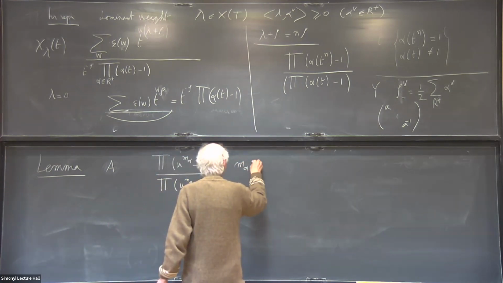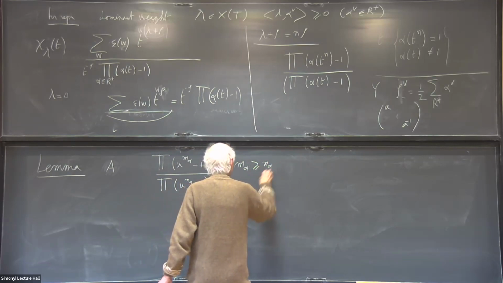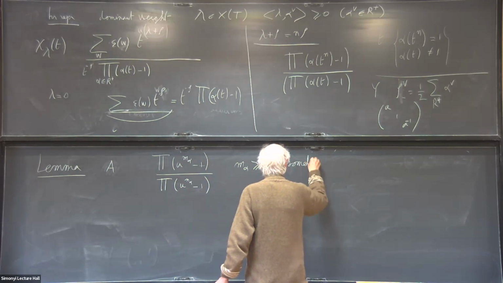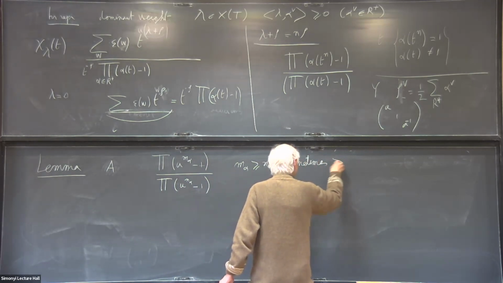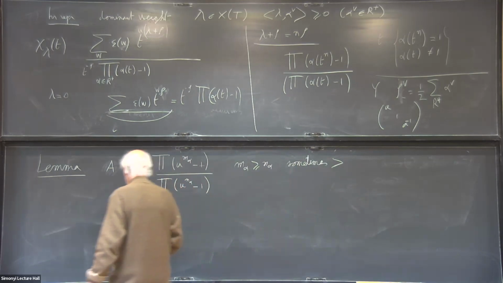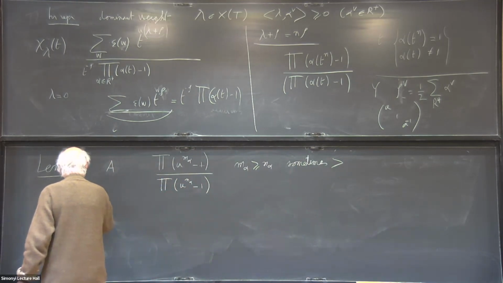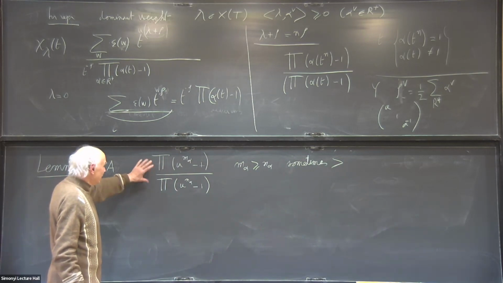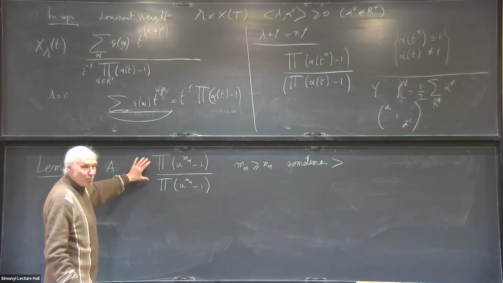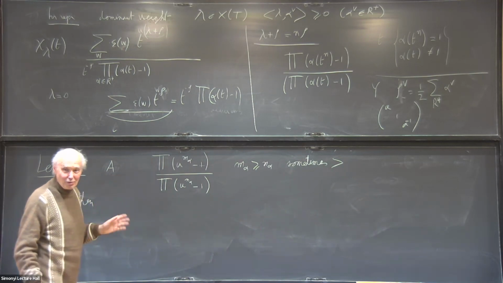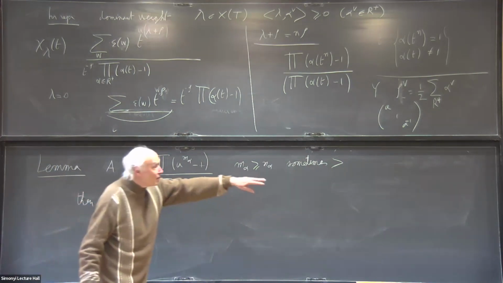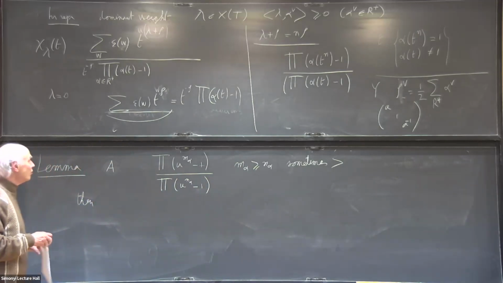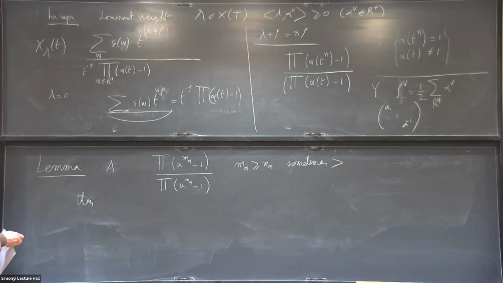Suppose that m_alpha is at least n_alpha, and that sometimes you have strict inequality. Then this rational function will be defined and vanish at some point of prime power order. And applying it to this formula, one obtains the fact that there is a zero of prime power order for